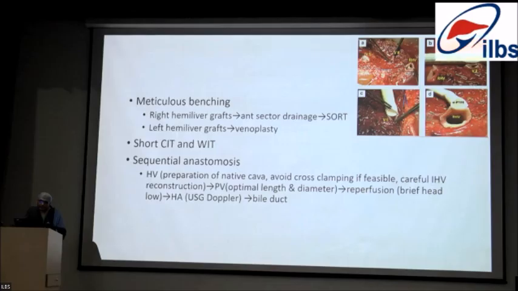After that, portal vein reperfusion is performed. After reperfusion, especially with large grafts, we have tissue edema, and these patients are prone to reperfusion syndrome. So during reperfusion, you make the head position neutral or slightly head low to avoid cerebral hypoperfusion. After that, we perform the hepatic artery anastomosis, which is usually done end-to-end with interrupted sutures using the eversion technique.